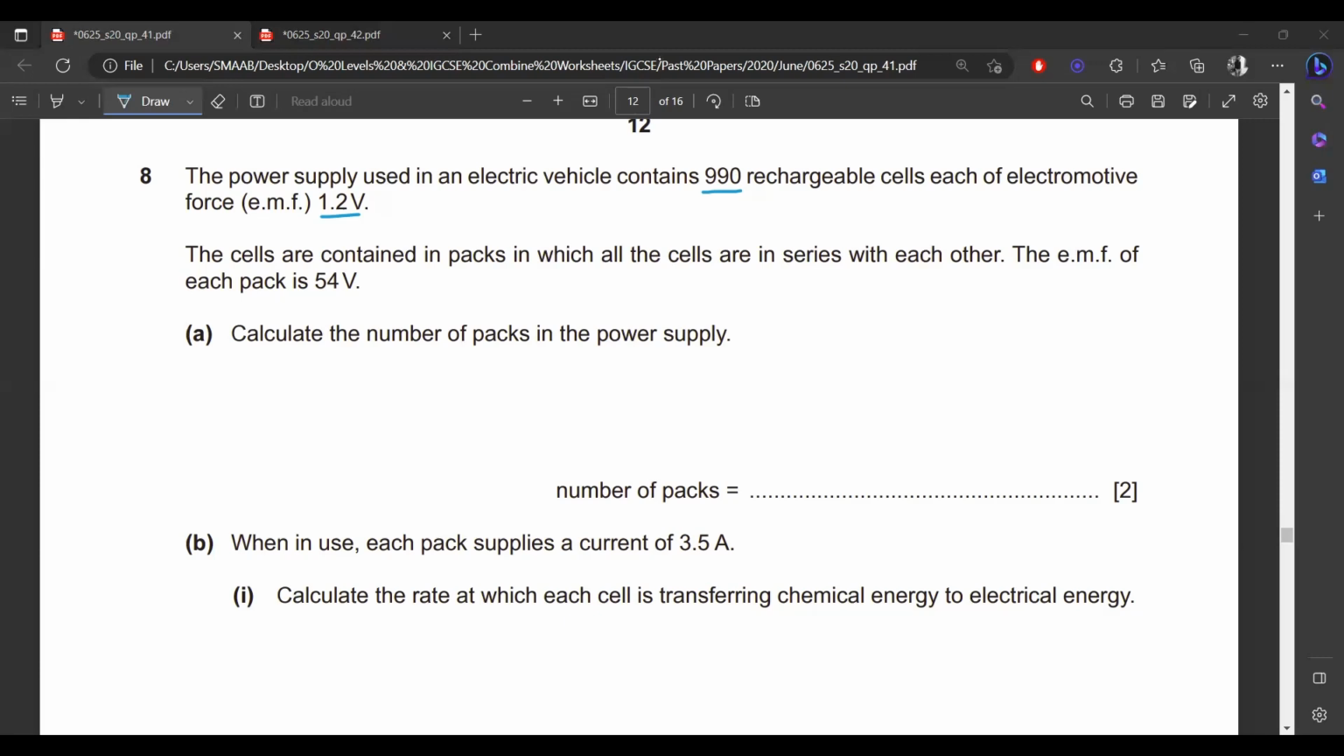Okay, so now we have a pack of cells connected in series. And why are we using cells in series? Because we know that in series combination the EMF of the cells is going to be combined, right? Okay, so the EMF of each pack is 54 volt. So we are going to make packs, and for each pack,